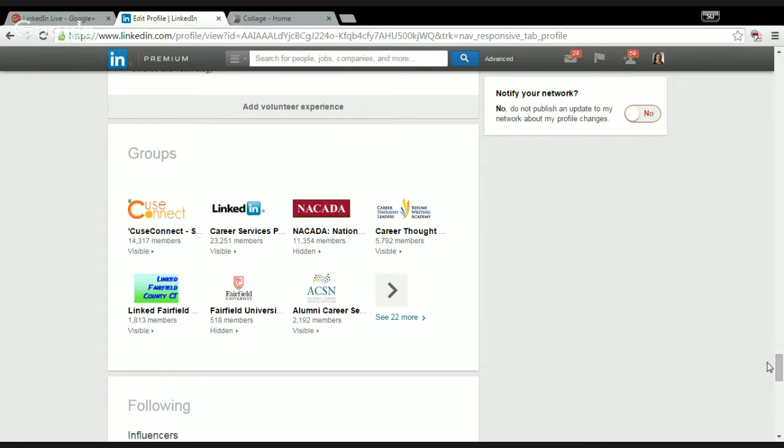Read what they read, go to the websites they go to, join the groups that they're in. There will be ones that are more closed off and truly are for professionals, but many of them are open to people that are interested in learning more. So all you do is just request to join them. The same thing goes